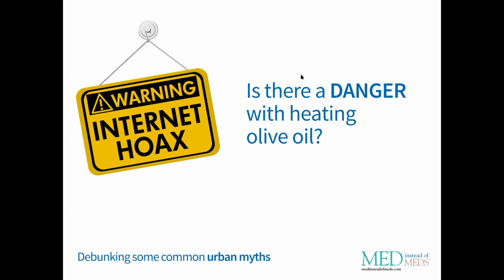One of the internet hoaxes is that there's danger with eating olive oil. Now, if you crank that joker up to the most high, then you're gonna get popping like any other oil. You're gonna get smoking and things like that. It does have a lower smoke point than some of the other oils like canola oil, peanut oil, vegetable oil, things like that. However,